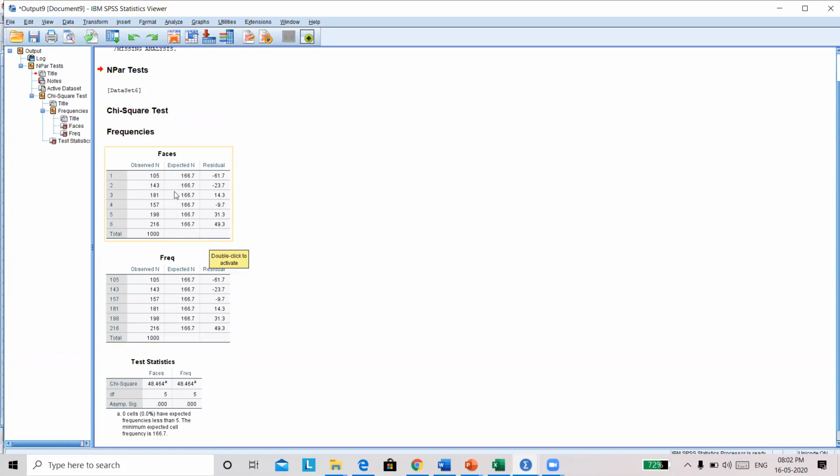So if it is a fair dice, you know how to calculate the chi-square, and the chi-square value comes to be 48.46. You can use the chi-square table which I showed in the earlier class, and this was the value we were getting there, right? 48.46, and degrees of freedom is 5 because you had 6 different values, so degrees of freedom is that minus 1. This is what you are getting as the chi-square value.